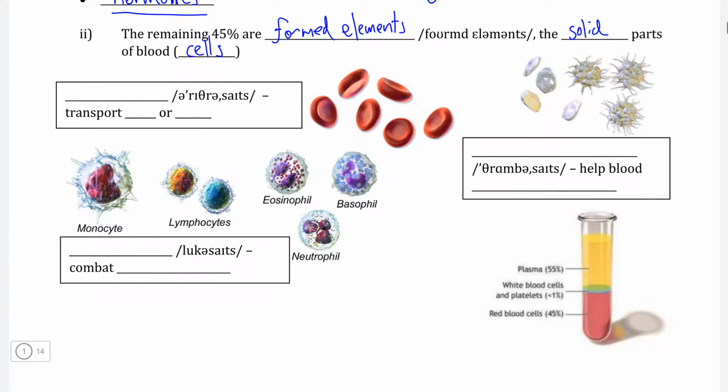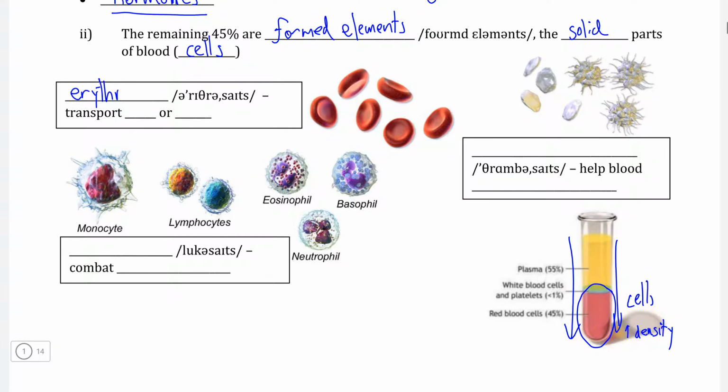In the event that a sample of your blood is taken, if we let this sample sit for a long enough time, or if we spin it in a centrifuge, eventually all of the cells are going to sink to the bottom because cells have a much higher density, a much higher mass per unit of volume than the liquid part of your blood called plasma does. And therefore, because all of the solid parts of your blood form at the bottom here, that's why we refer to these as formed elements, and these fall generally into 3 broad categories,